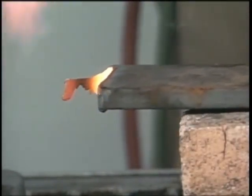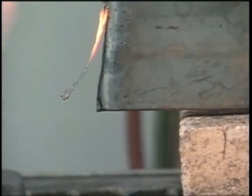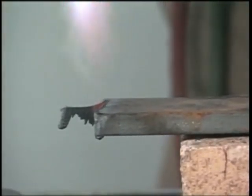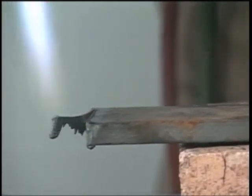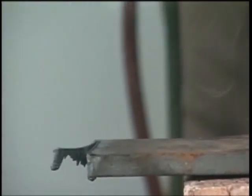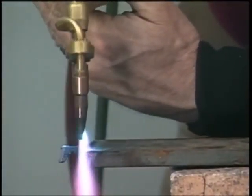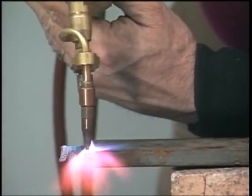Notice just how thin that we can actually cut with that gun, where a regular torch would never be able to do that, and it's because of our two-tip configuration that we can do that. Now also, if you want to cut real close together, just to show you how close we can cut and still get a real nice cut,